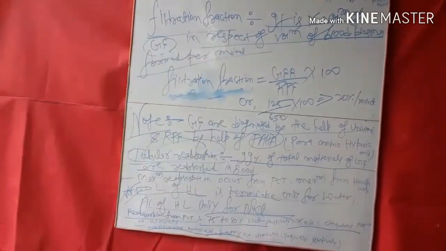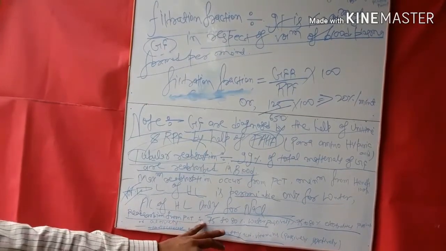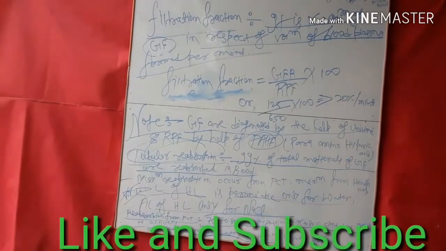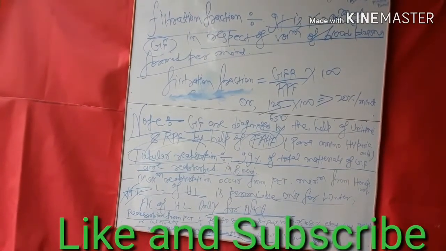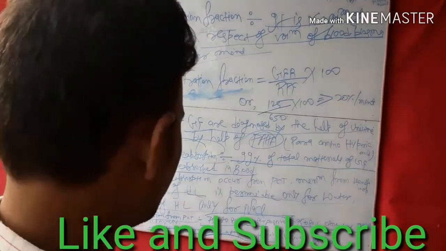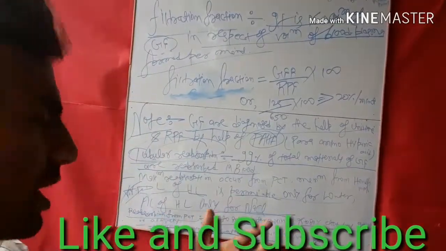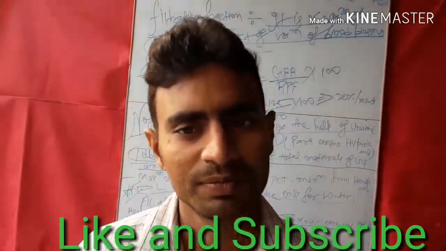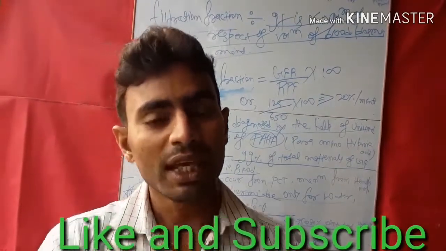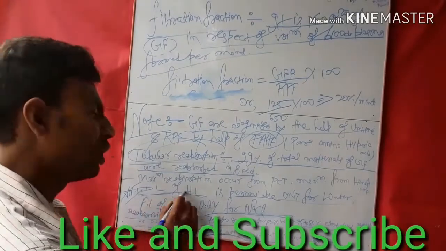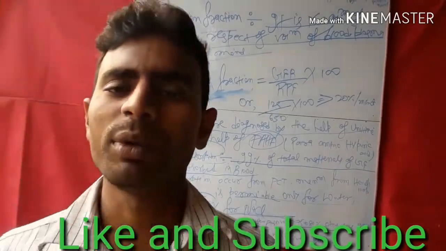Okay, but absorption of water is also 75 to 80% of water passively and 75 to 80% of electrolytes passively or actively. Okay, in this chapter you remember one matter, that the descending limb of Henle's loop is permeable only for water